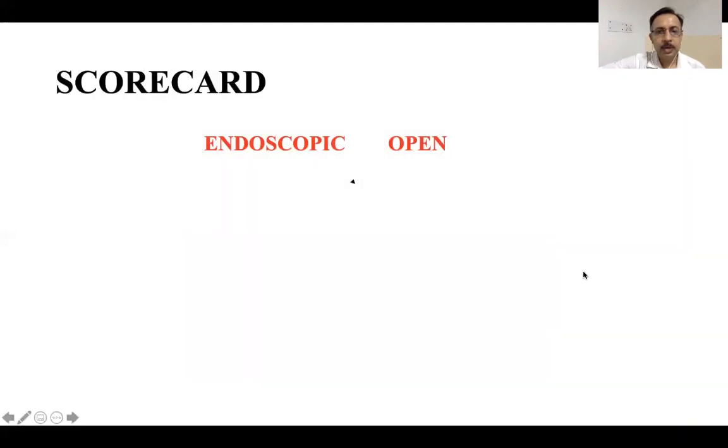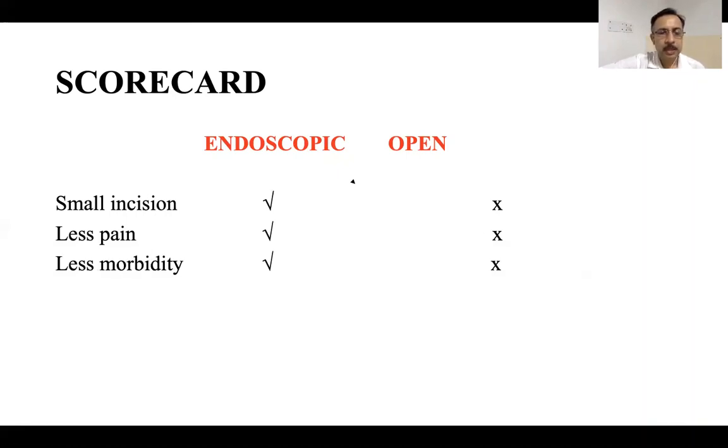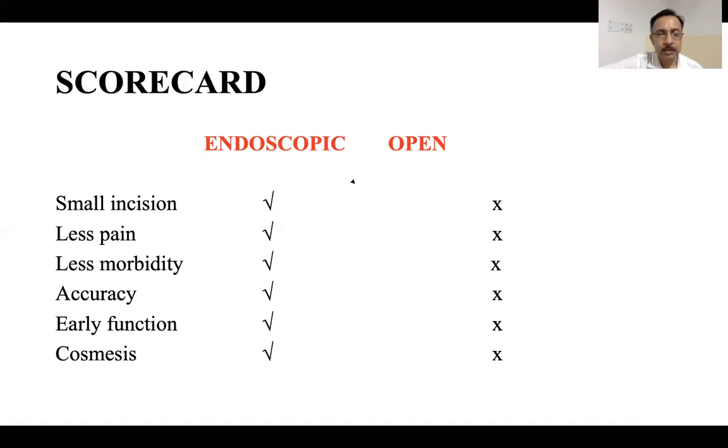So the advantages of an arthroscope are: first, it gives a very small incision. As the incision is less, the soft tissue damage is less, so the pain is also less. The morbidity is much less than that of open surgery. You are looking at a very magnified image, sometimes 4 to 5 times the actual size, so your accuracy increases a lot. And as the soft tissue damage is less and you are doing an accurate surgery, the return of function is also quite good. And last but not the least is the cosmesis. Now, especially in developing countries, it does matter a lot if you tell them that